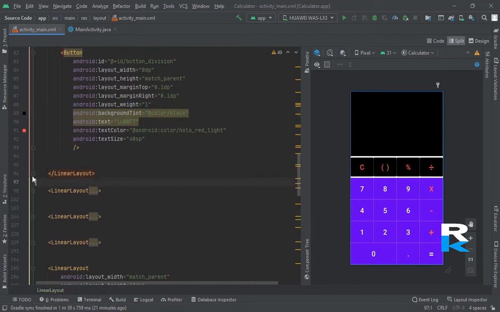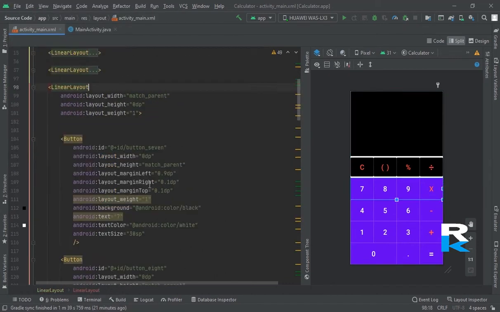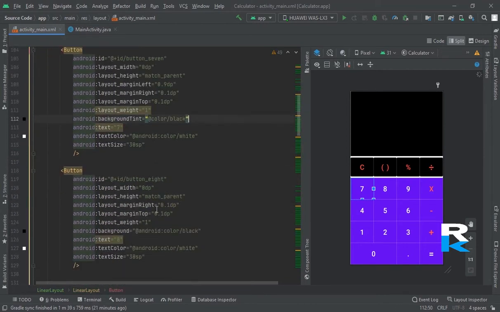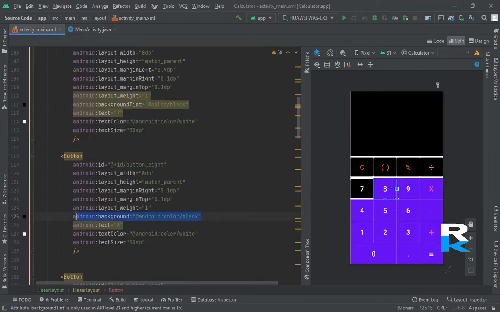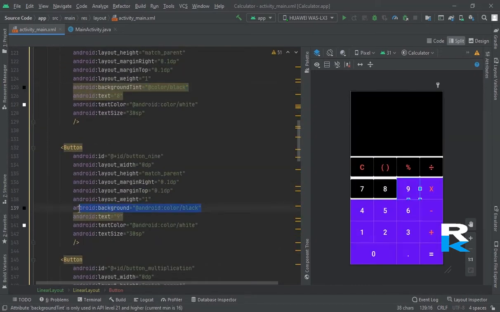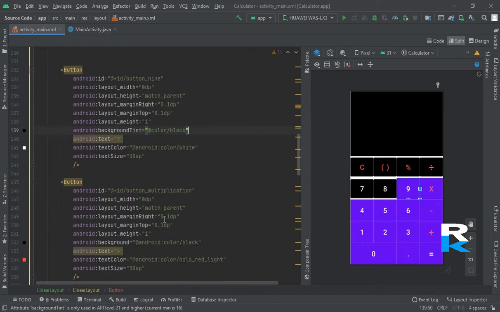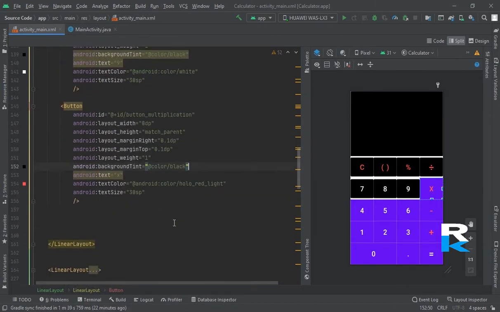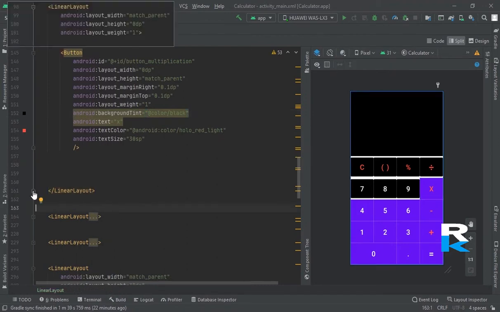Now next line, the background, paste. Background, paste. This line has been finished.